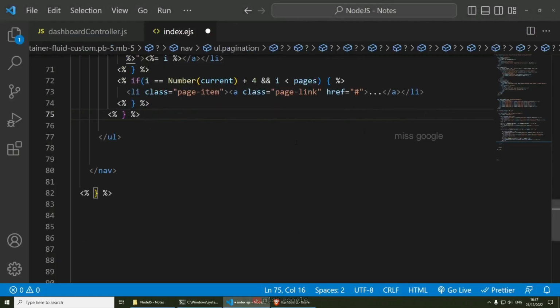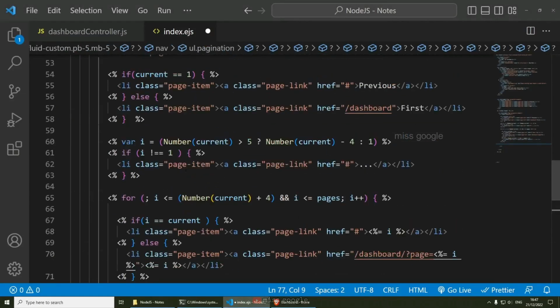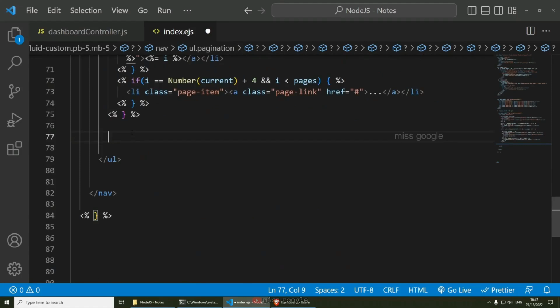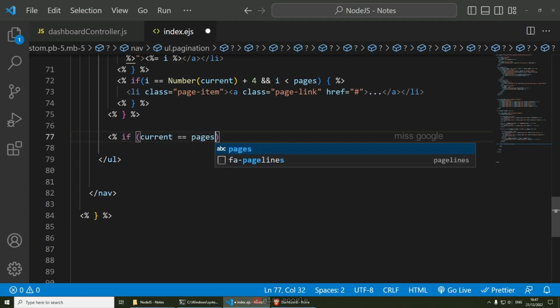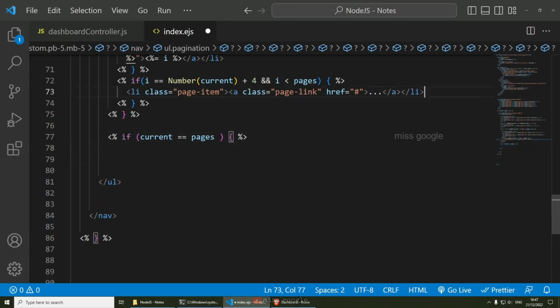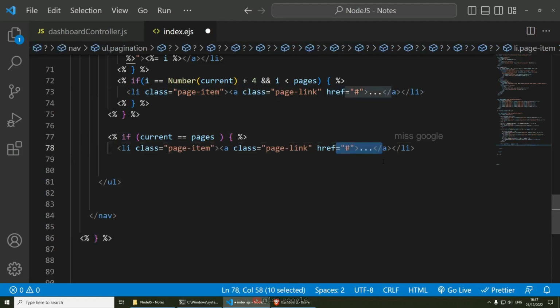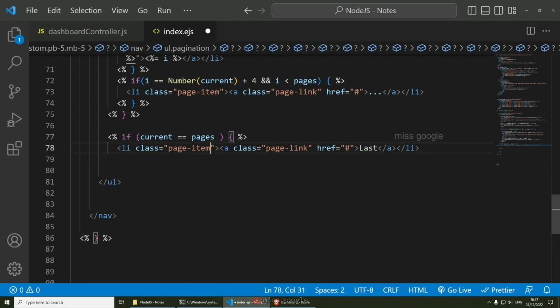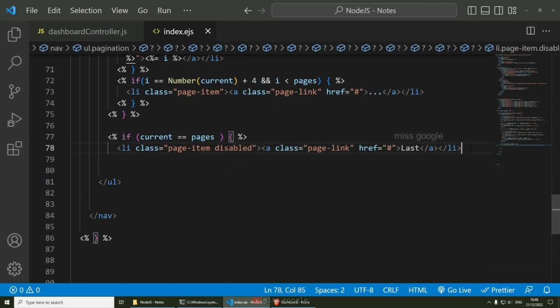And the last thing that we're going to do is the last and the next page. So essentially this here. So what I'm going to do is let's start a new EJS. So open EJS, and then if we get current equals pages, then we close EJS. Inside here we put a list, and this is going to be last, and I'm also going to make this one disabled, and then we need to close this,